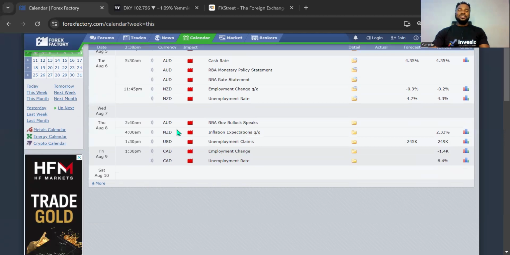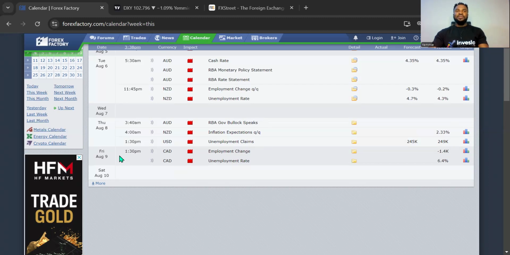All right, on Wednesday, there is no high impact fundamentals. And on Thursday, there is one with the AUD, one with the NZD, and one with the US dollar. And for that AUD, that is when the Reserve Bank of Australia Governor Bullock, Michele, will be speaking. And that has a lot to do with what you should be expecting on AUD, AUDCAD, AUDUSD, and the rest